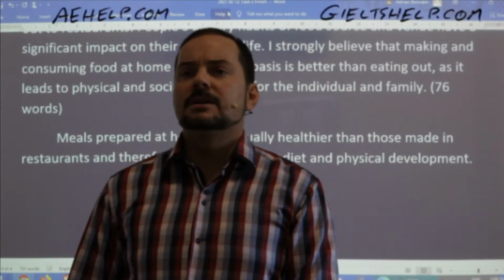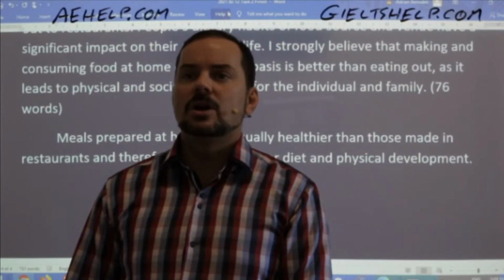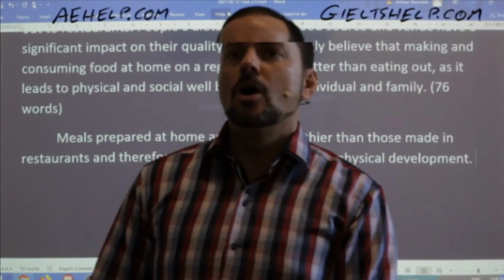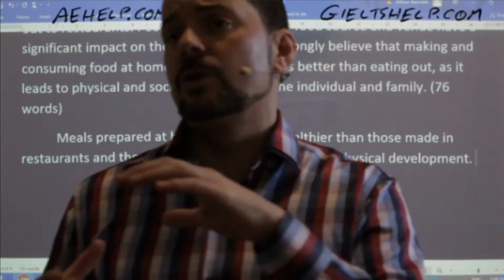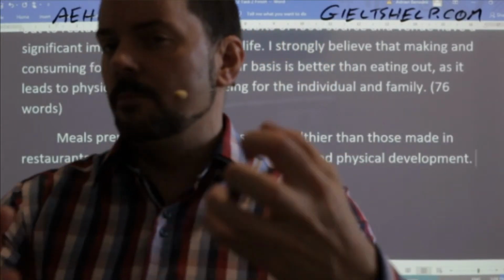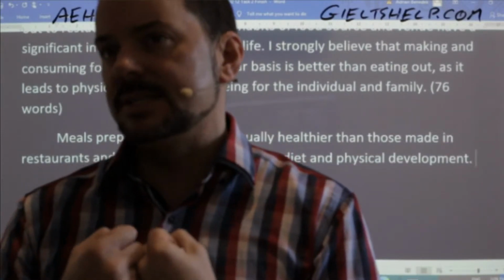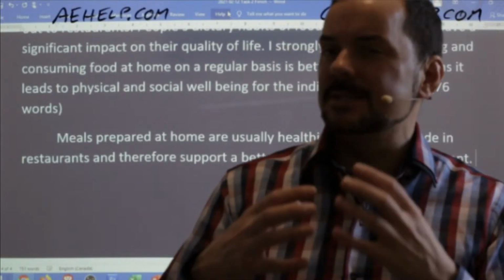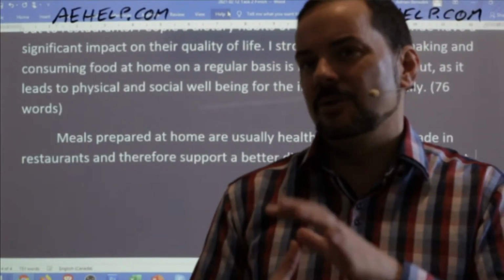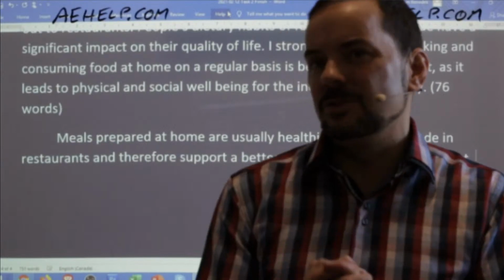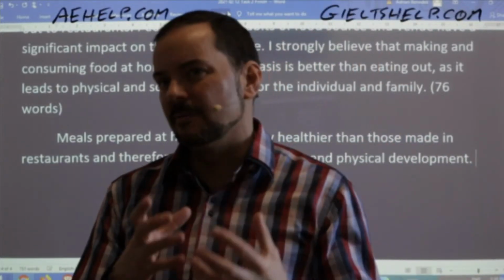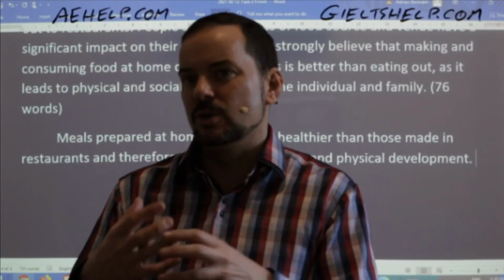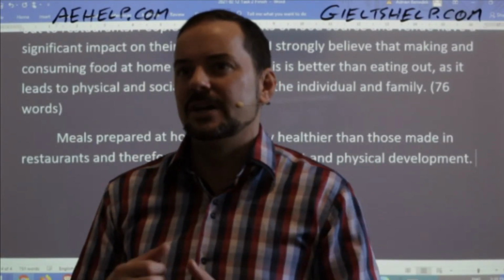Mahmoud says, eating food at home gathers the family and has a lot of benefits. For example, at home, we can control ingredients. Okay, Mahmoud, good. Take out the word our and us, so don't bring your reader into this essay. Yes, in some essays you can do that in university or college, but I don't recommend doing it on the IELTS. It can get confusing. So keep this ambiguous second person voice like our and us out of it, okay?